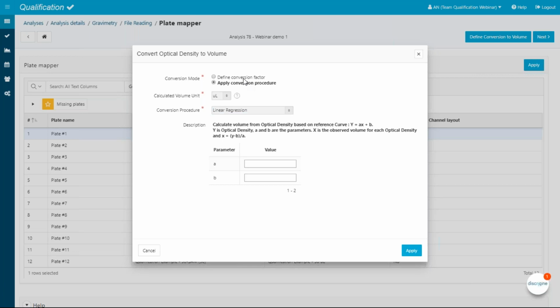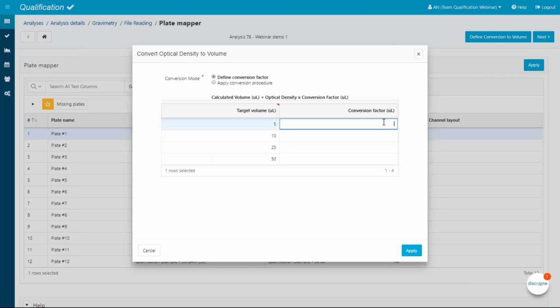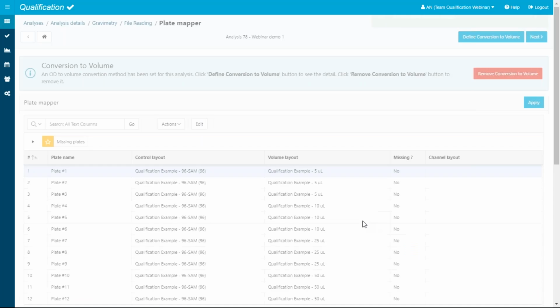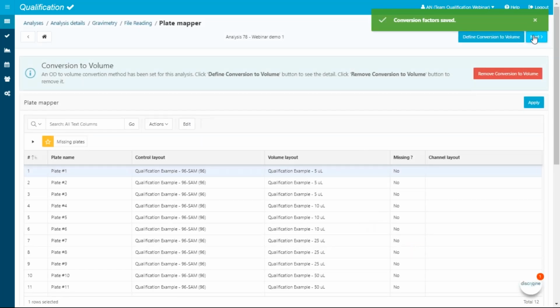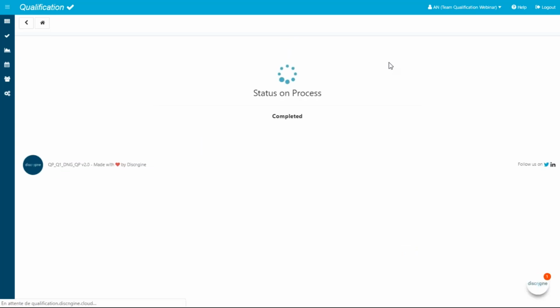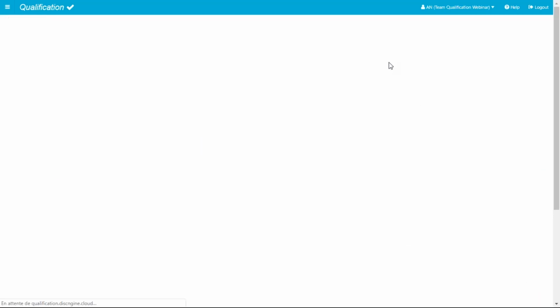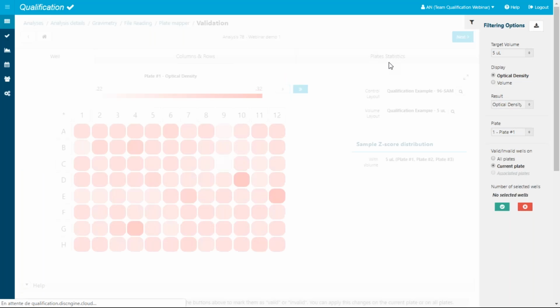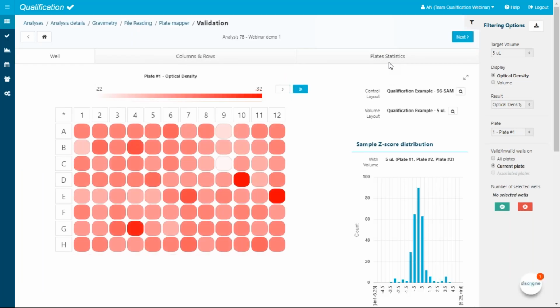In my use case today, I'm going to use conversion factors for each volume. So I can manually enter them. So it's going to be pretty quick. All right. Okay. So I apply my factors. Okay, and I'm going to the next step, which actually is the heart of the application. This is where you can combine all the information and you can have a look at your data from different perspectives. So first, you're going to this